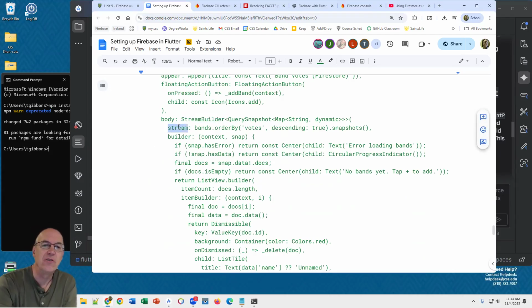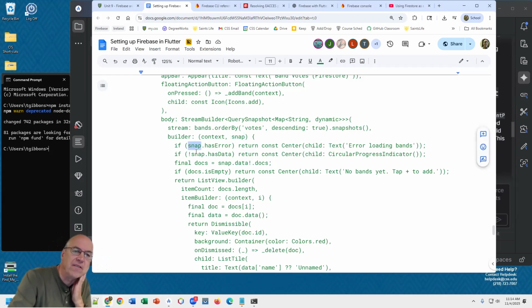So we define our streams here. And then depending on the snapshot that we have, our builder gets a snapshot here, and we can check if the snapshot might have errors, and if it doesn't have any data in it,